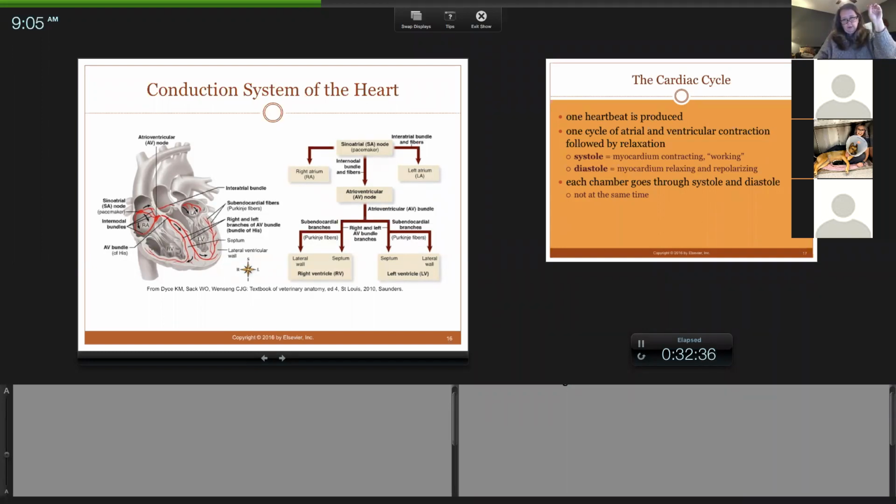So the SA node fires, the atria contract, the AV node will send a signal to the bundle of His or Purkinje fibers, then the ventricles will contract. But the AV node is to slow that impulse so that everything flows in the proper direction. So the proper flow should be SA node, that splits to the atria. It's going to transition to the AV node, which will pause the signal. And then after the AV node, it'll go to the right and left branches, which go to the Purkinje fibers. So the atria contract, then the ventricles contract. So you do need to know the order of the proper impulse through the heart.